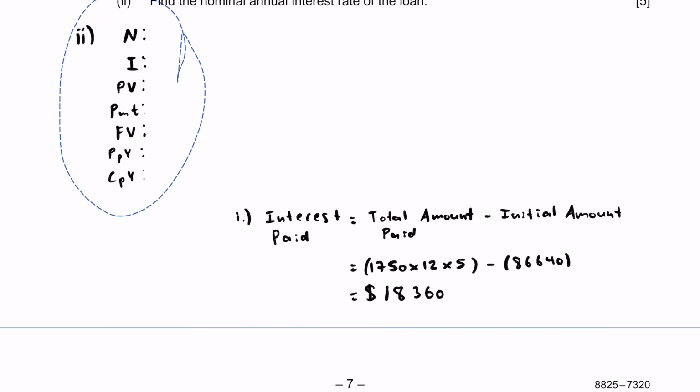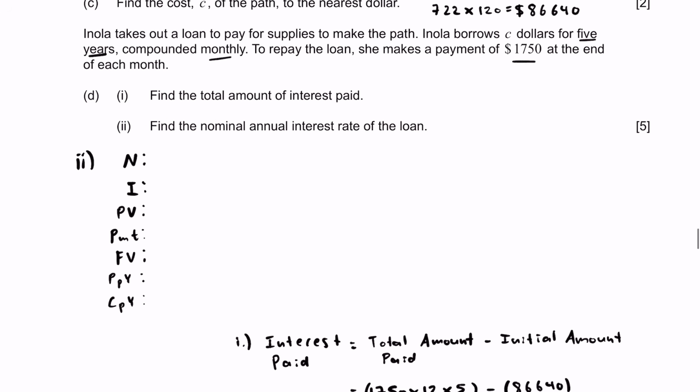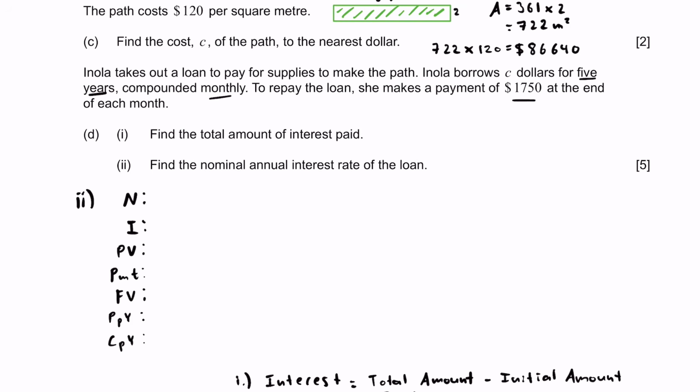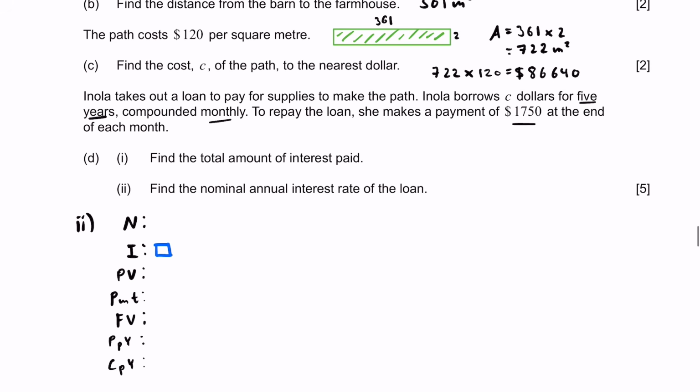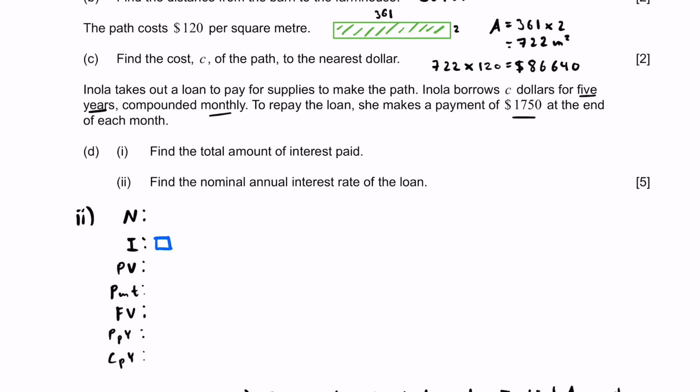Okay. So let's go ahead and try to find these unknowns, and then we can solve this in our financial solver. So first off, we want to find nominal annual interest rate. So let's highlight that right here. Present value of the loan $86,640. Remember, we usually say money flowing out, money flowing in, determining positive and negative. In this case, since she's taking out a loan, this is actually money coming towards her. This is money that she has in her possession. So it's coming towards her, money that's available for her to use. This would be positive,